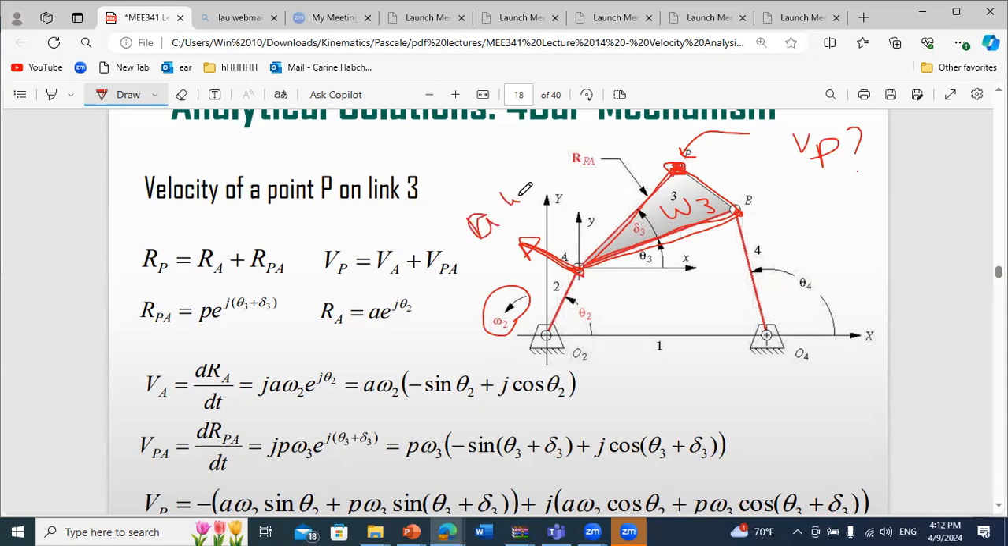So as we said, you can use this method to find the vector, or you can say the velocity of A is simply the derivative of RA with respect to time. And you know that vector RA is A e^(j theta 2), and the derivative of this vector is j A omega 2 e^(j theta 2), or A omega 2 e^(j(90 plus theta 2)), which can be decomposed into two components, one in i, one in j. If you use the vector, the